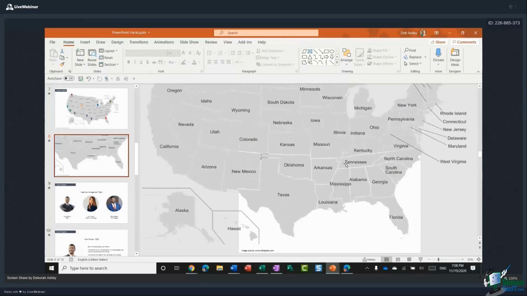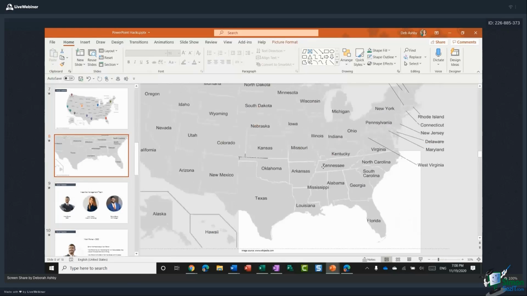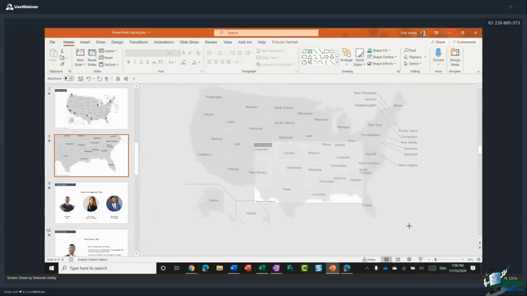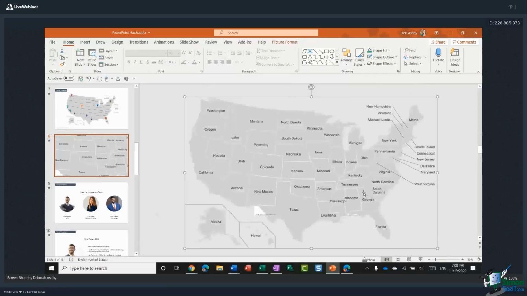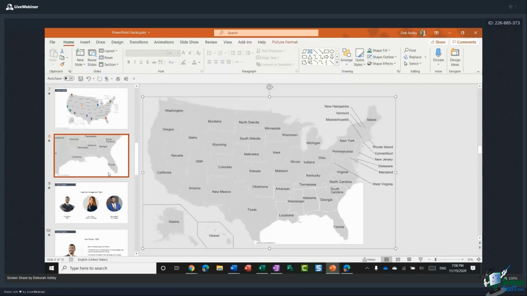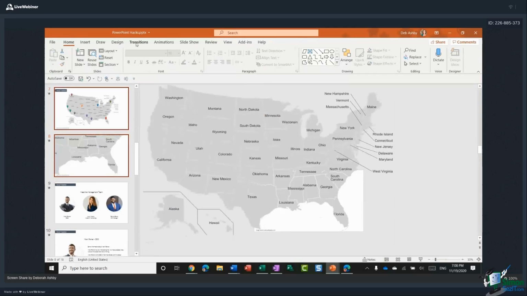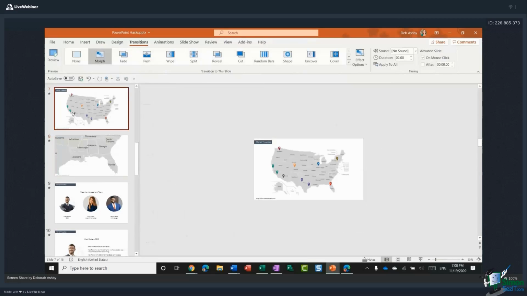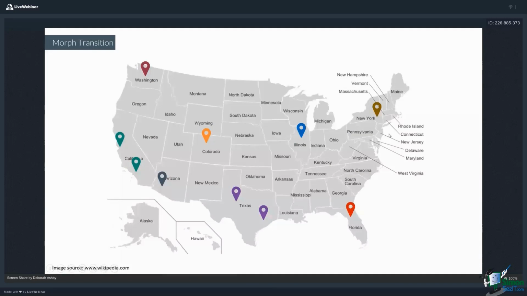So I'm just interested in Florida, so I'm going to move this around. And if I want to go even bigger, I might want to zoom out so it's a bit easier and drag it a bit more and position like so. So I can see in the thumbnail what that's going to look like. I'm pretty happy with that. And then what I need to do is select both of these slides and apply the morph transition. Okay, and that is pretty much it. If we run that again, it should have the effect that we're looking for, like so.